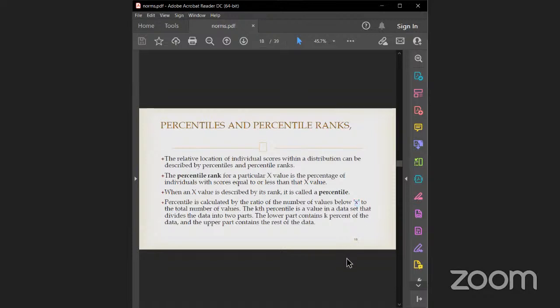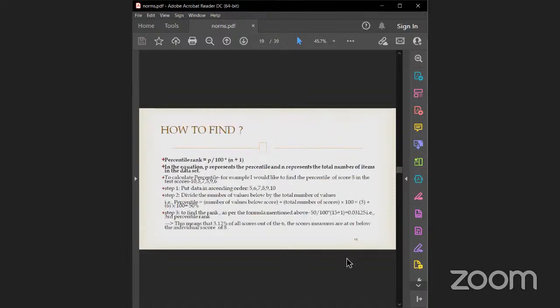Moving on to the next one. So we just saw how to determine the percentile. Percentile is nothing but the number of values below that particular score divided by the total number of scores. That's what we said. So for percentile rank, we're going to use this particular formula, which is percentile divided by 100 into n plus 1. So percentile divided by 100 into n plus 1, when we follow this for this particular example,